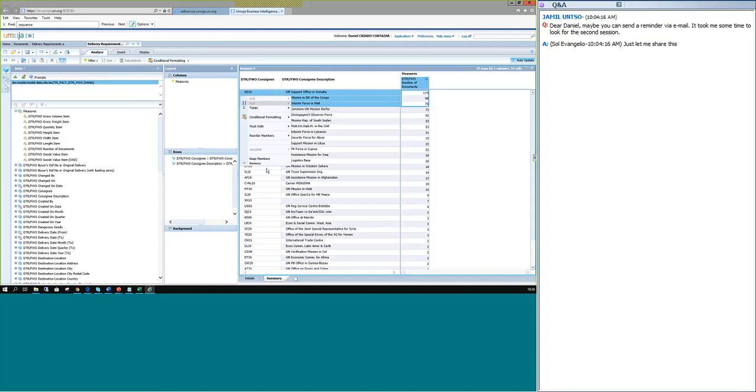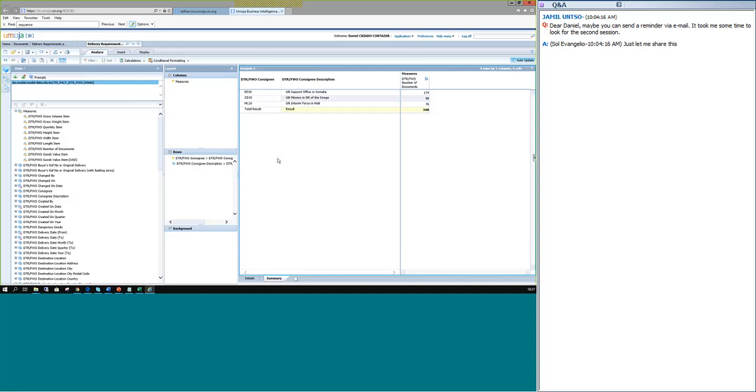Right-click and keep members. So I'm telling the system basically to keep the three bluish rows. So I'm going to filter out the rest. So I'm going to come up only with the top 3 missions with the highest numbers of DTRs. Okay, and from there I can do an analysis, with just